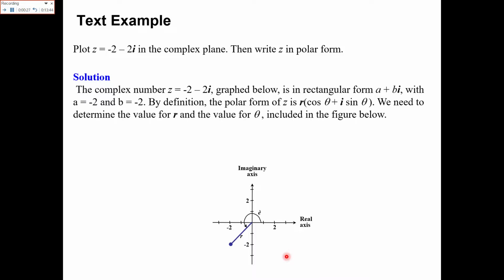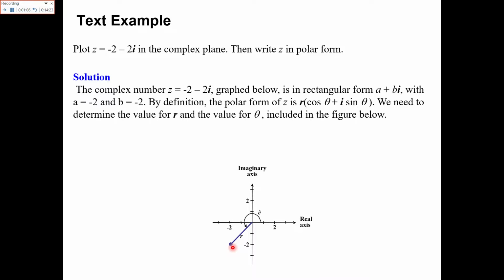Now the complex number z is equal to minus 2 iota. This is the real axis and this is the imaginary axis. Here the real part is minus 2 and the imaginary part is minus 2 iota. It means that it is lying basically in the third quadrant. So you mark minus 1, minus 2 on the line, and for minus 2 iota, minus 1 iota, minus 2 iota, this would be the point lying in the third quadrant. So now you have sketched your complex plane. The first part of the example is complete.